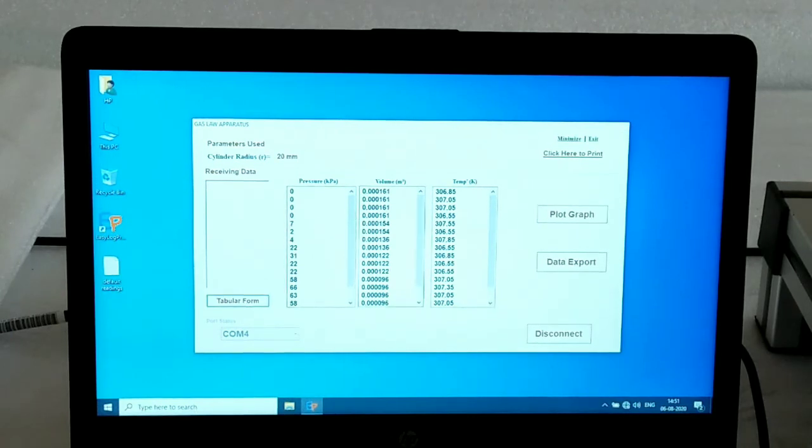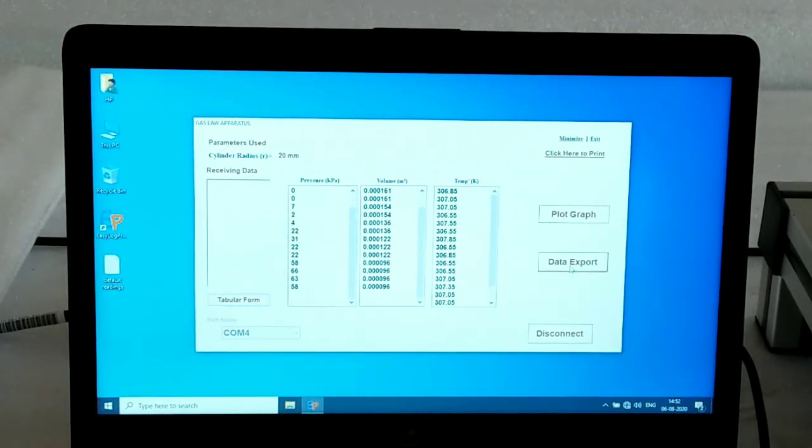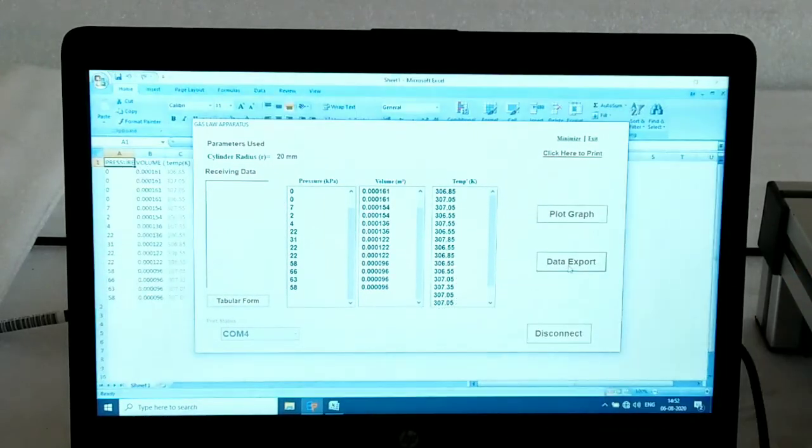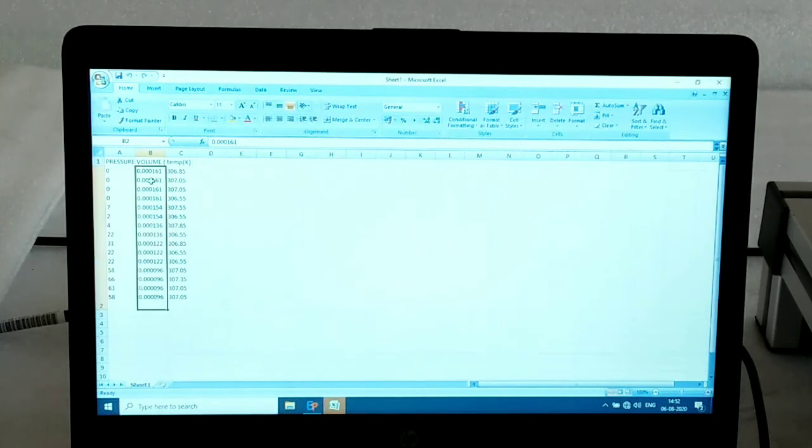You can observe the different readings at different pressures. You can export the data, and this data is automatically exported in Excel.